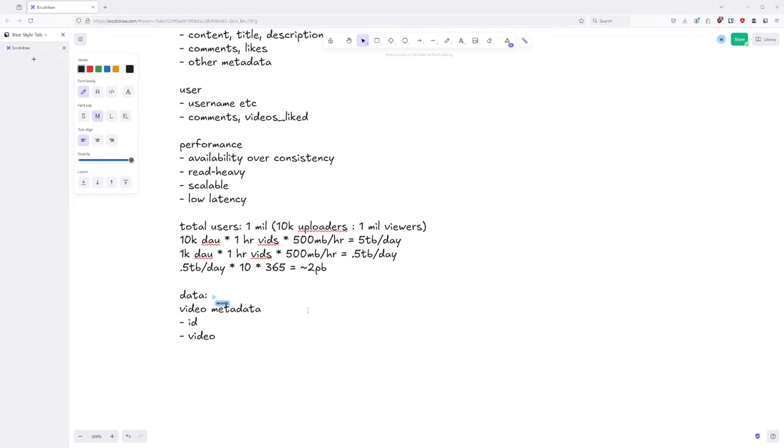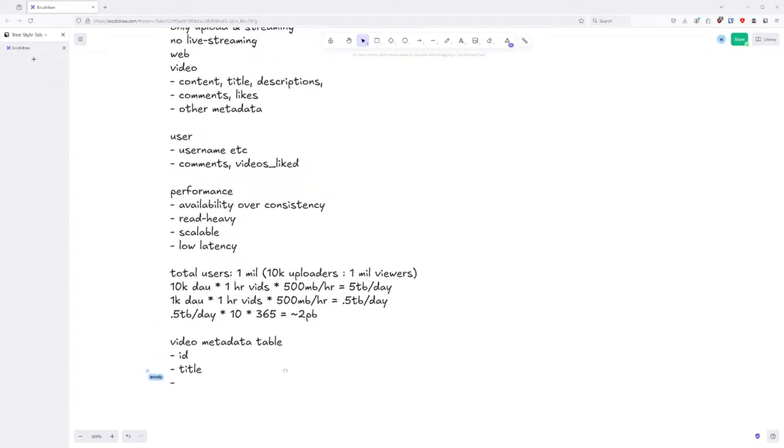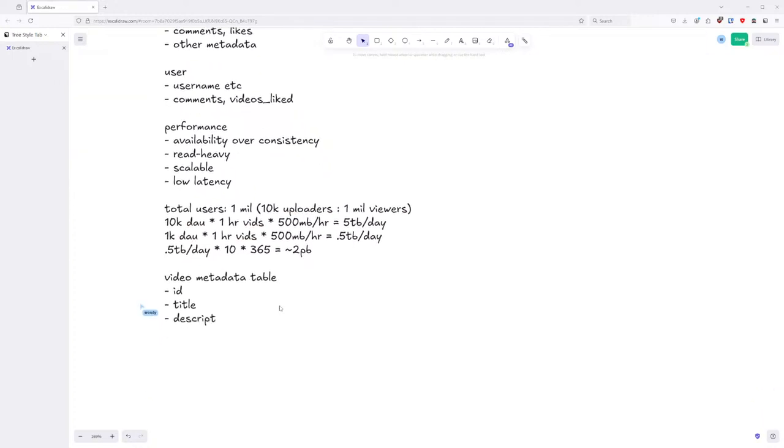So then a column for the title, and a column for the description. And some other columns for other metadata. Oh, and also the author, which will link to the user table by a video created by author relation.